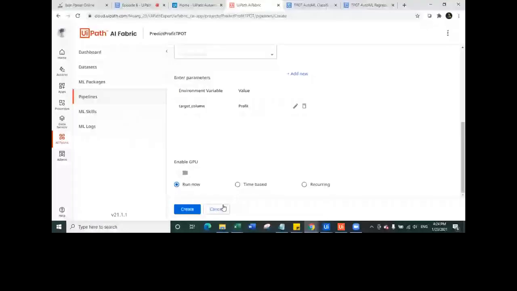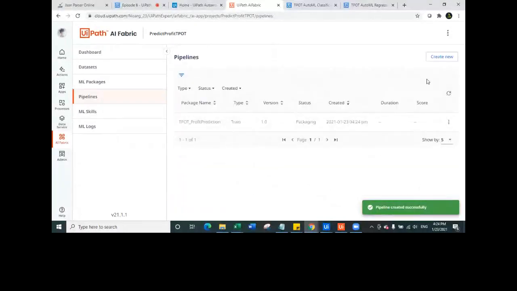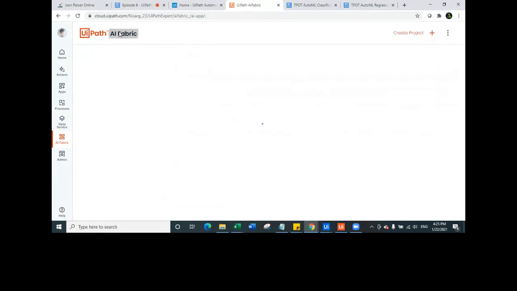Because I do not have GPU, I will just keep it offline. I will say run now, create, and I started this pipeline. Now it will take a very small amount of time to run this particular pipeline and then create a model out of it. So before it generates all that, let me show you, because I already have created 2